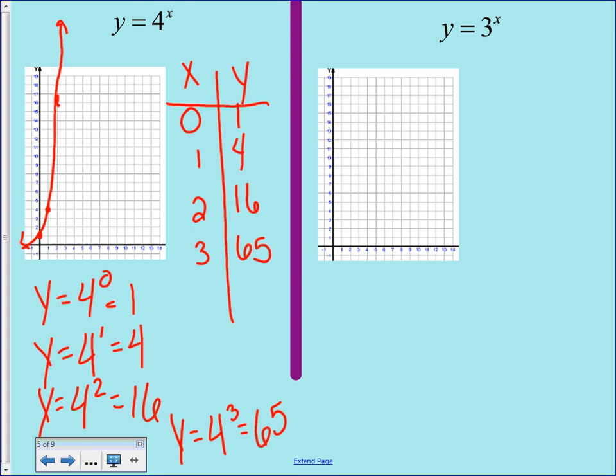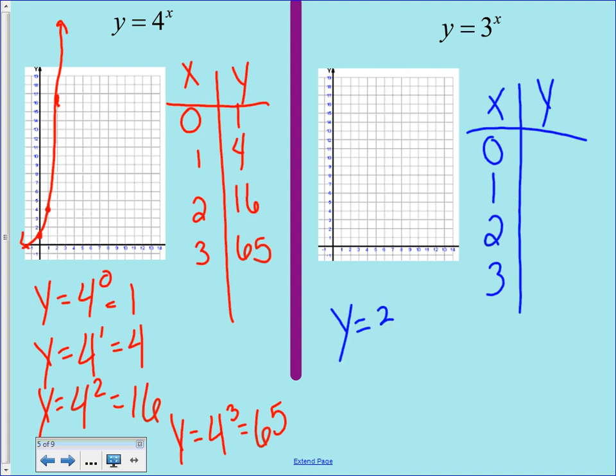You can also take a look at this chart right here. So what I'm going to do is get you started, and then I want you to plot these points yourself and get the general shape. So we want to look at when x is 0, 1, 2, and 3. Okay, so when x is 0, you're going to plug that